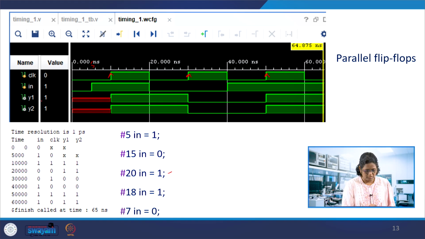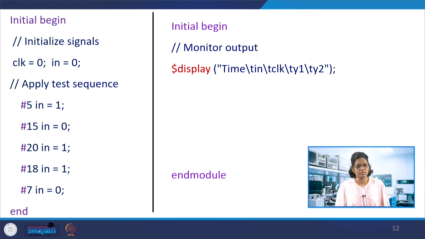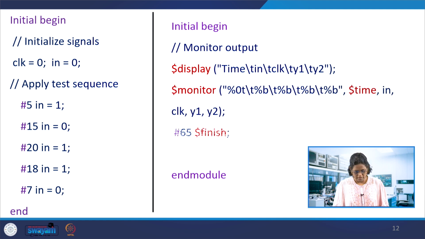So for y1, if you look at this, at passage of the clock, whatever the input is, because there is no delay, it is assigned to y1. At the same time, y1 is assigned to y2 as well. You can see that because of the immediate assignment. At passage of the clock, the input is assigned to y1 and the same is assigned to y2 as well, so it is forming a parallel flip-flop in the case of the sequential always blocks. Here we have blocking assignments with no delays.